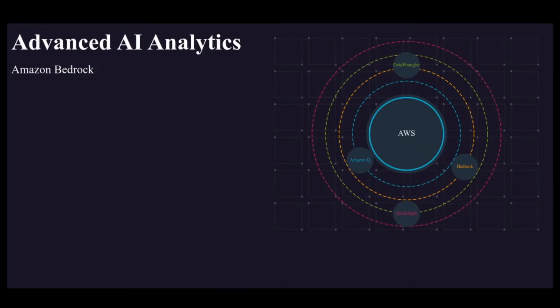AWS Advanced AI Analytics. We're going to talk about many services, including Bedrock, which we see here, Amazon Q, SageMaker, Data Wrangler, and QuickSight. All of these work together to promote actionable business insights. And we'll also get into some performance optimizations with Lambda, which is also very critical for cost optimization. And we'll also talk about emerging research. So beyond Bedrock, we have Q here, which is for NLP, SageMaker, Data Wrangler for transformations, and QuickSight for intelligence.